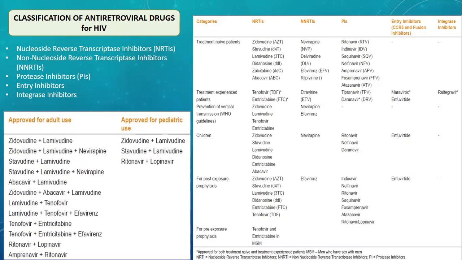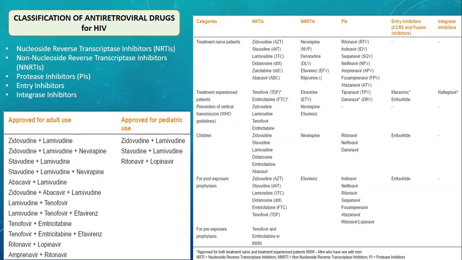There are five main classes: nucleoside reverse transcriptase inhibitors and non-nucleoside reverse transcriptase inhibitors. The third one is protease inhibitors, then the entry inhibitors, and lastly the integrase inhibitors. Here are the following drugs as prescribed. There are some drugs used for the prevention of vertical transmission, that is from mother to child during pregnancy. For the children, drugs have been prescribed for HIV positive, and for post-exposure prophylaxis, which means